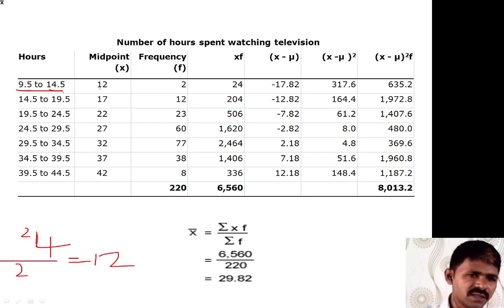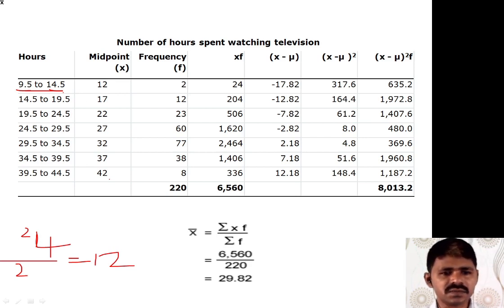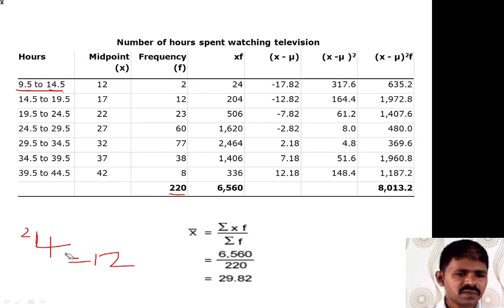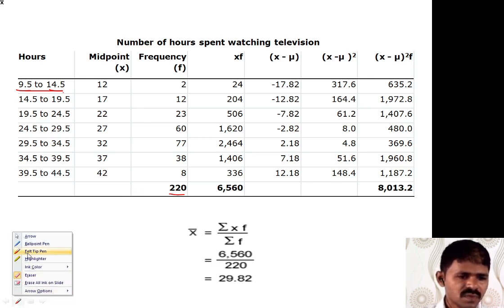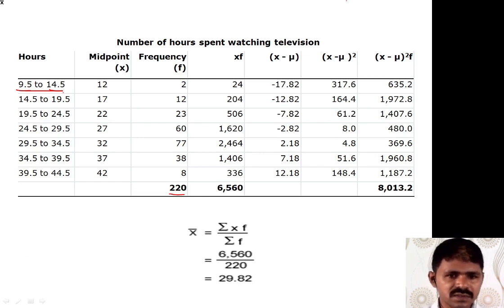Similarly, we calculated the mid values for all the other classes. So the values are coming 17, 22, 27, 32, 37, 42. The frequencies are already given. These values we know, these frequencies, and the total is 220. Here we have to find out the xf value, and then we have to sum these xf values and divide by the total frequency, then we will get the